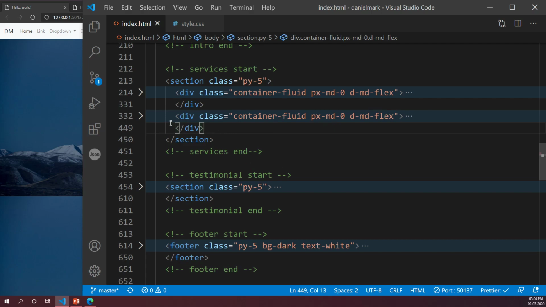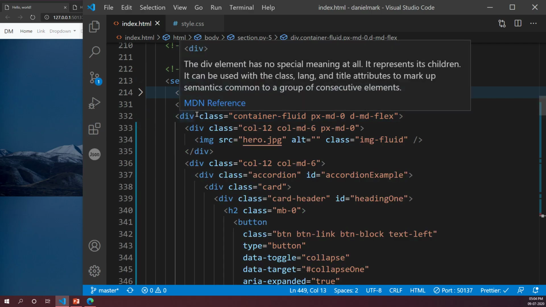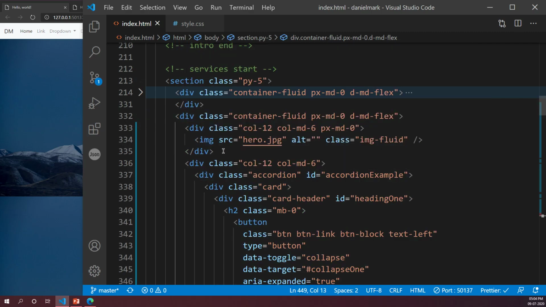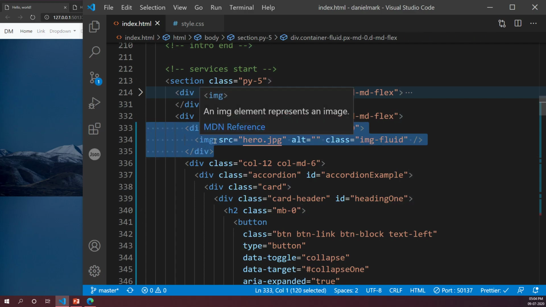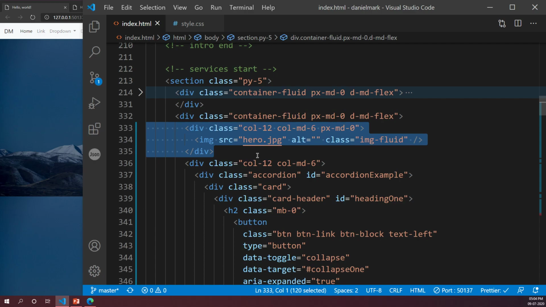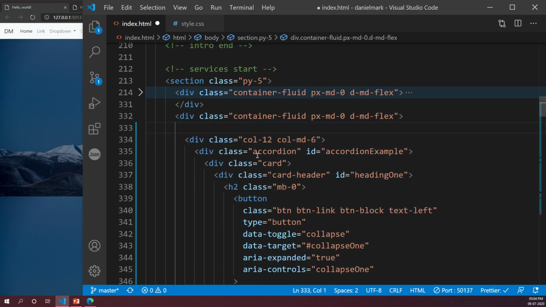All of you done? Okay, now what I want you to do is open the second container fluid. Watch carefully. I'm taking these 3 lines, the first column alone. I'm selecting it and I'm going to cut the first column alone. Done? All of you cut it and then say yes.